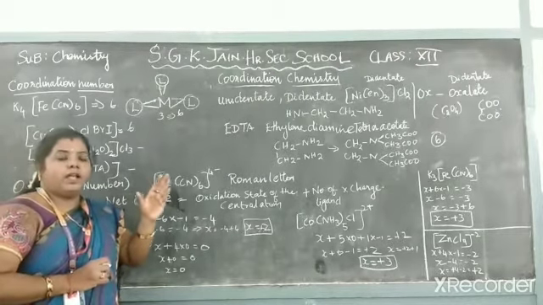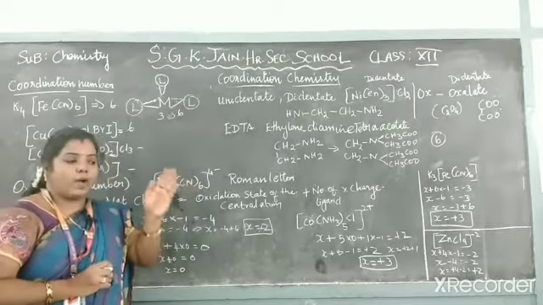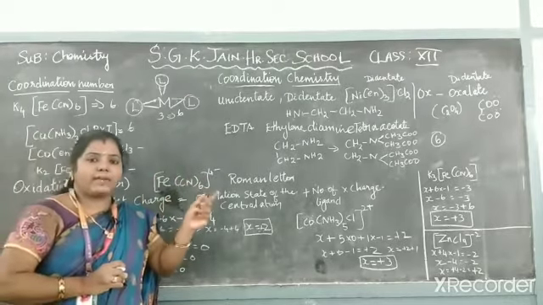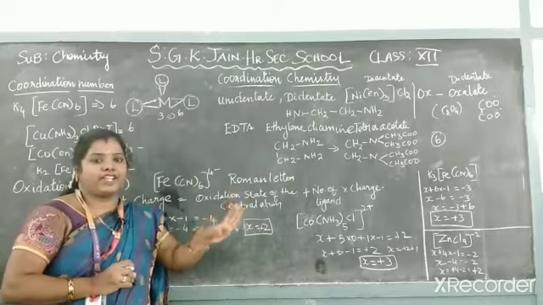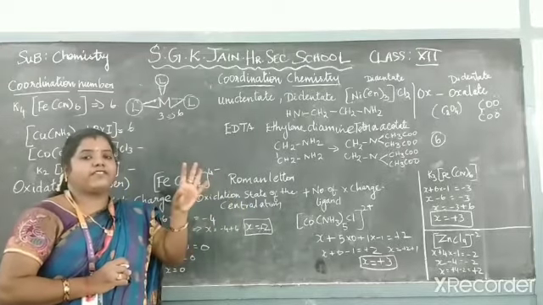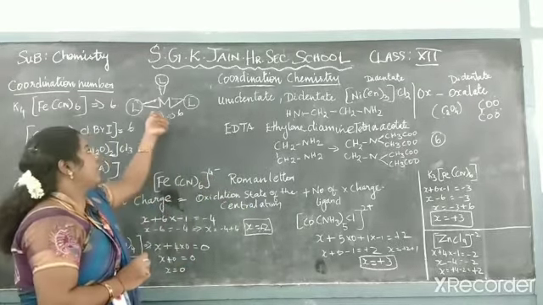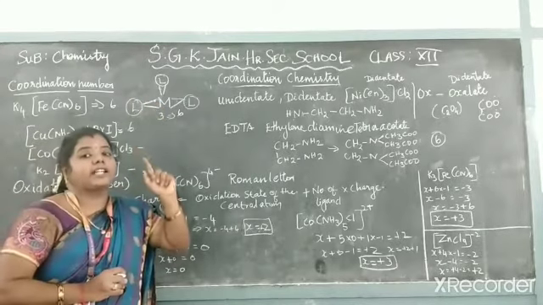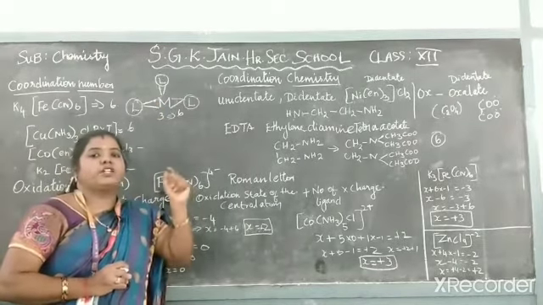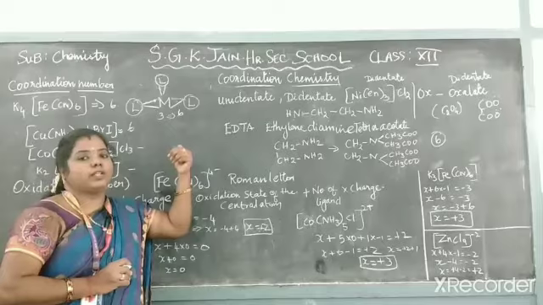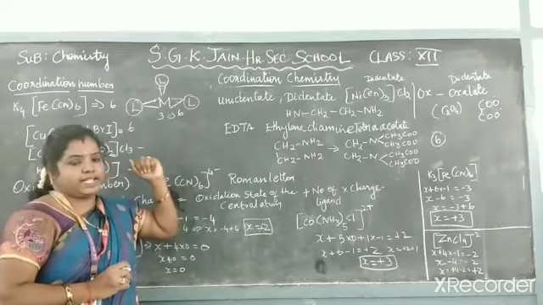If the ligands are each directly donating 1 electron, you can directly calculate the number of ligands, but in a few cases if it is not so, you have to calculate how many donor atoms there are. So based on the donor atom only you have to count the coordination number. Let's see with the example.